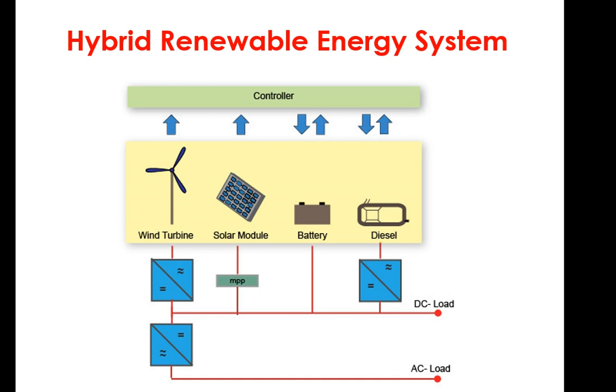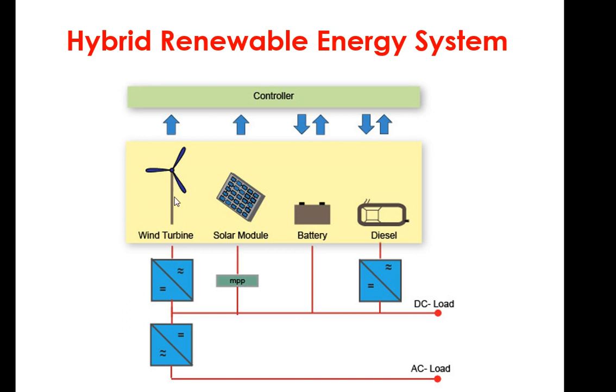Talking about the hybrid renewable energy system, what are the other architectures? We have more than one source. Now this is the new thing, the diesel power plant. The controller has a central control, that is a two-way power flow for the battery and diesel, because it acts particularly as a backup source. So again we are adding one more source. Obviously the cost has increased, but the reliability has also increased.